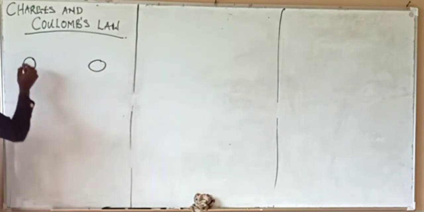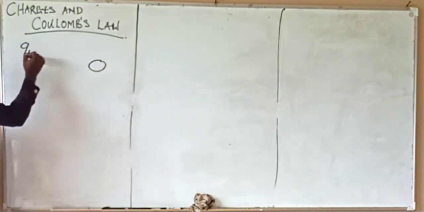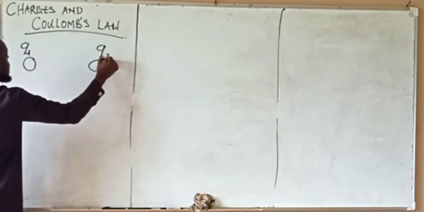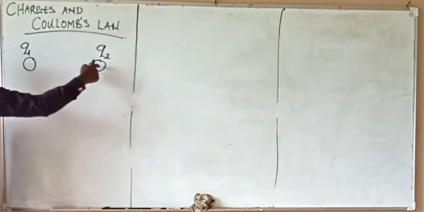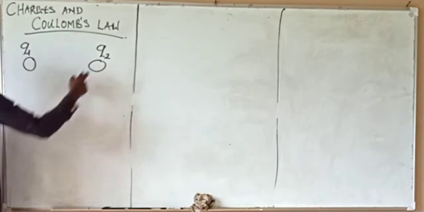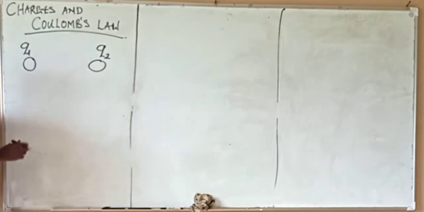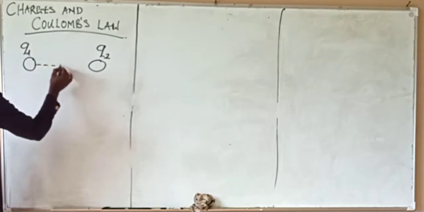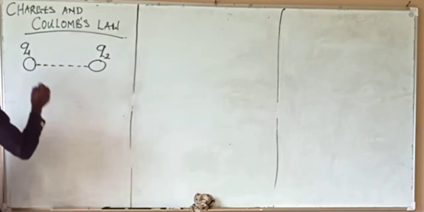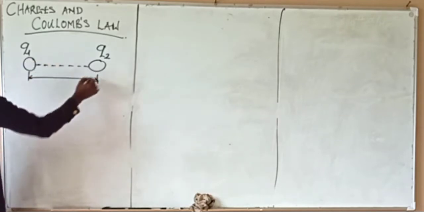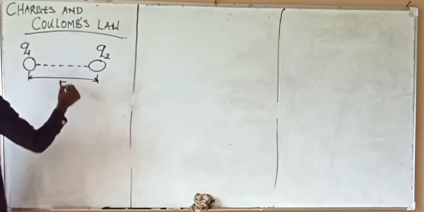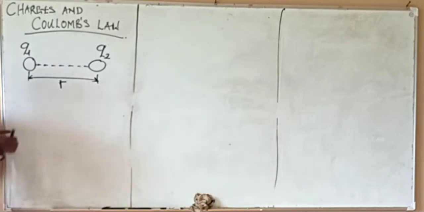It's not more than two. You can call this one Q1, and this one Q2. We don't know their charge. They can be positively charged, they can be negatively charged. That does not concern us. What concerns us is that they must be two. Look at their line of action, their distance from here to here, measured from this center to this center. So that is the force